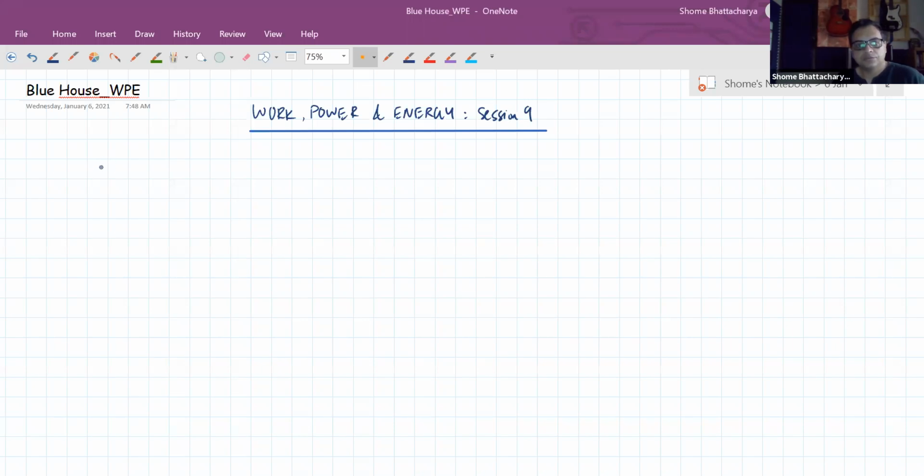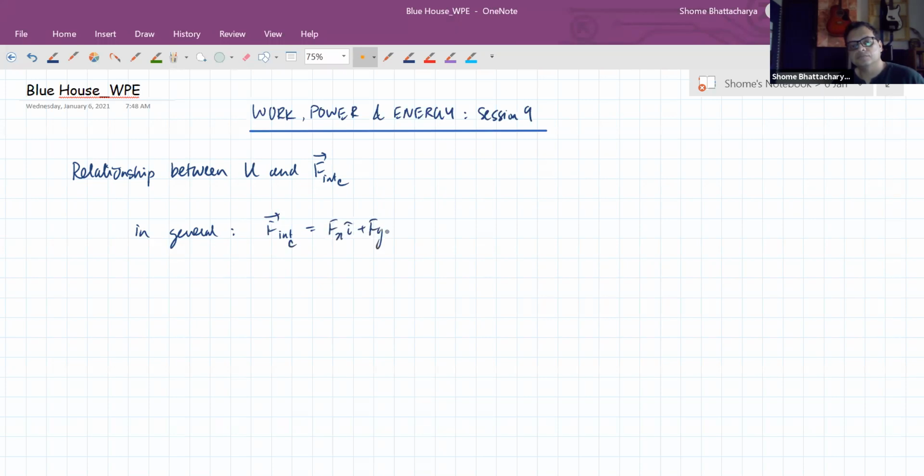Okay. So the relationship between potential energy and internal conservative force, let's take a relook at that. What we had understood last time is that, in general, if the internal conservative force is like this,